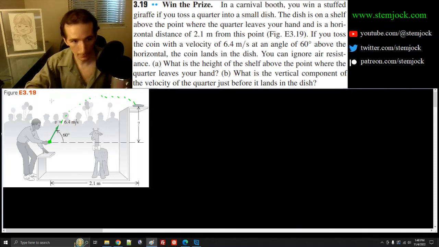So I'm going to choose my coordinate system so that I'm going to choose the vertical axis here to be y, and the horizontal axis here to be x. Okay, so I'm going to start by looking for this vertical distance here. So as usual, for projectile motion, I'm going to split up the analysis into horizontal motion and vertical motion. So in the horizontal,